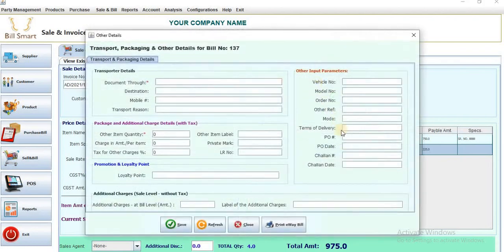In the other details, you can give the transport and packaging details, like if you are giving some PO number, you want to mention some PO date, you can give the PO date also. You want to write challan number, challan date, some additional charges, you are giving any loyalty points. Give all these details and